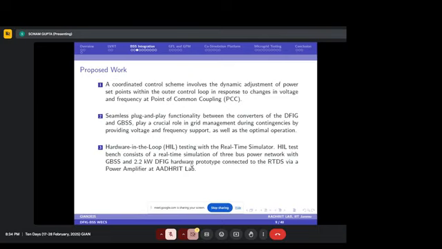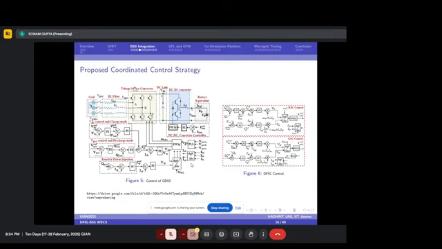So this hardware in loop test bench consists of the RTDS and the battery storage system, as well as a 2.2 kilowatt WFID induction generator hardware prototype. And we have also validated this coordinated control scheme with the hardware in loop system. So this is the proposed